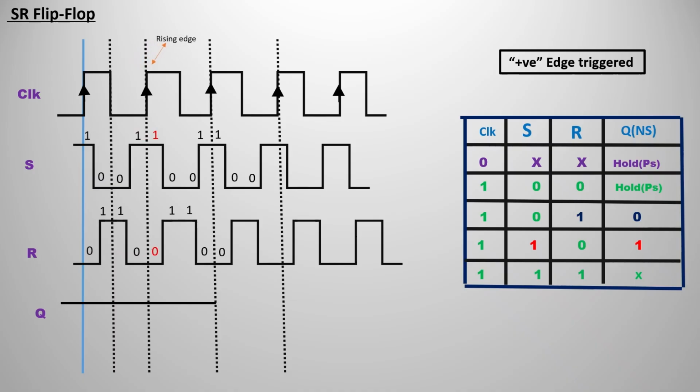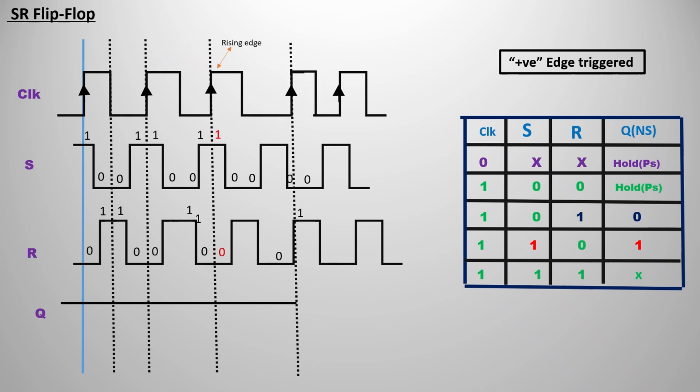If you see the next rising edge, there also we have high. At that position we compare S and R, that is 1 and 0. Here also set is 1, so again you maintain Q as high, up to the next rising edge. In the next rising edge also, set is 1 and reset is 0. So in this case also you follow up to the next rising edge, and you have a high output Q only.